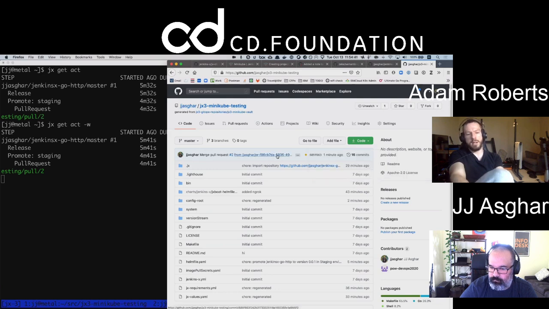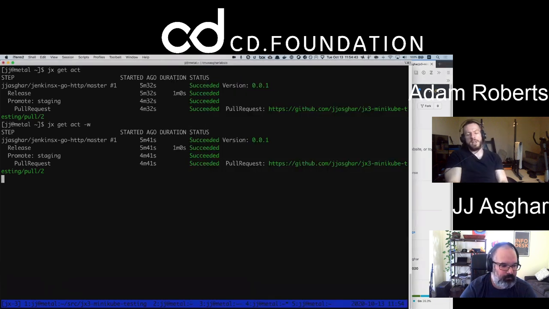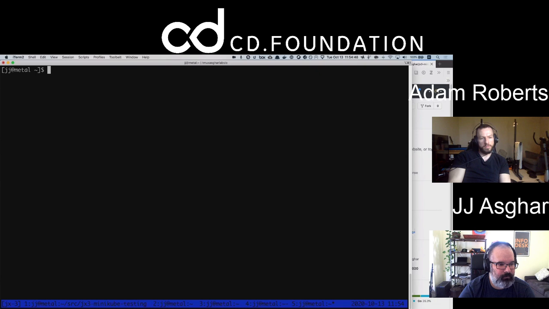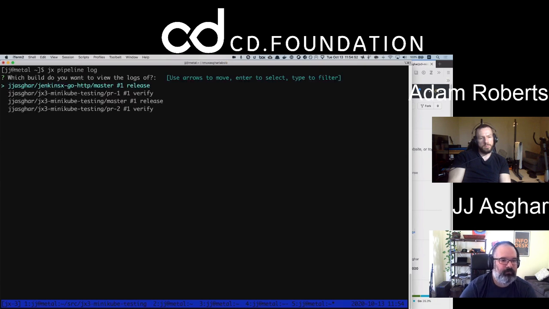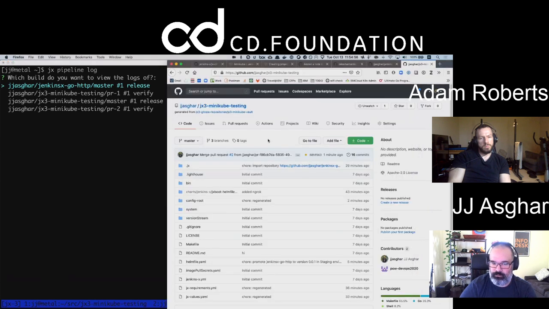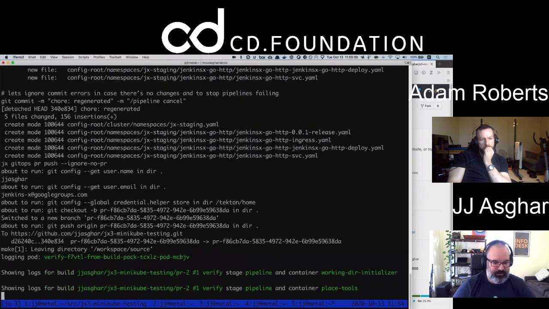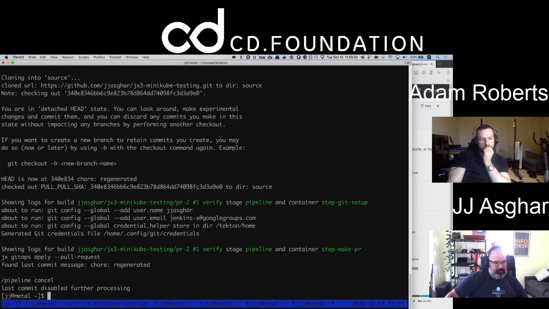Oh, it's running a pipeline. So if you do JX pipeline log again, I think that was the command. So this is PR number 2 is verifying. So that's this one. So this is us pushing into staging.